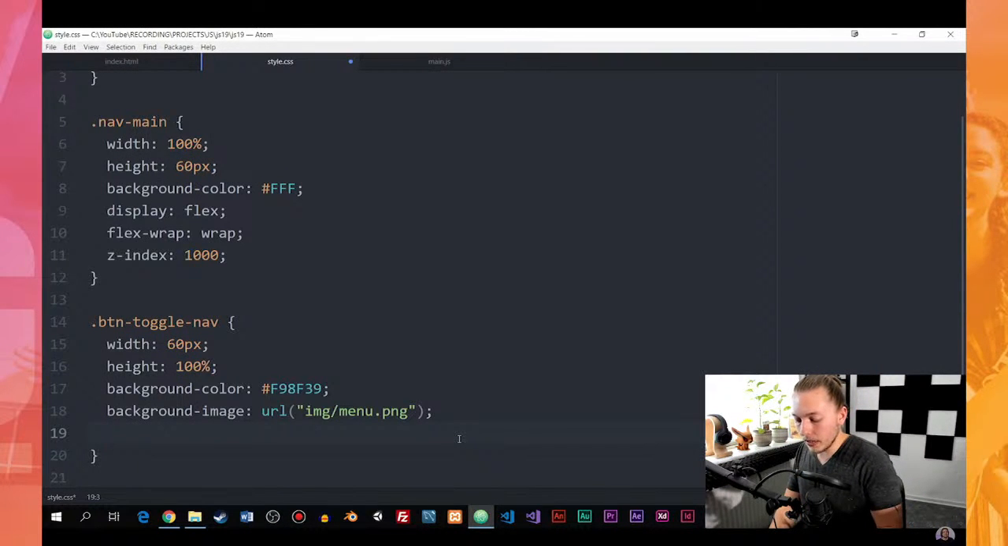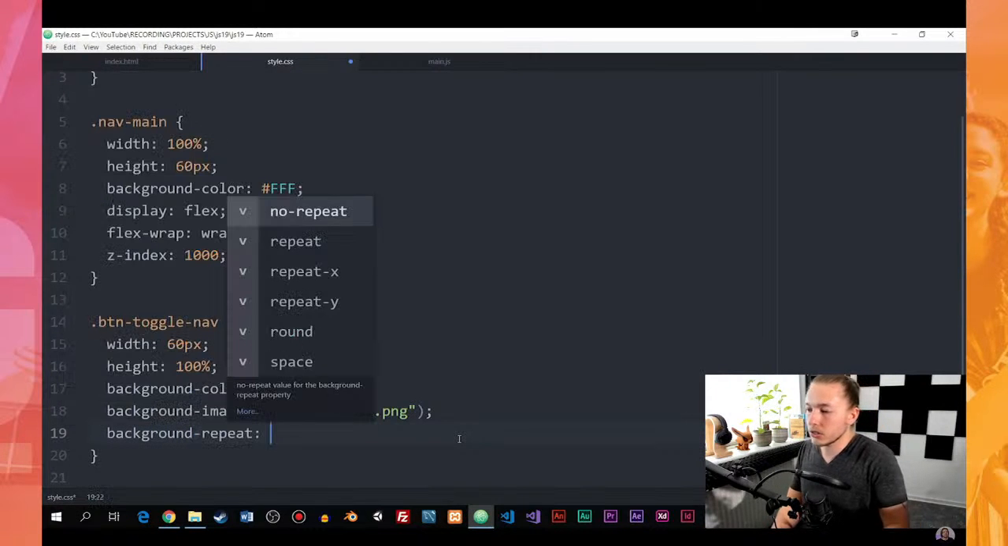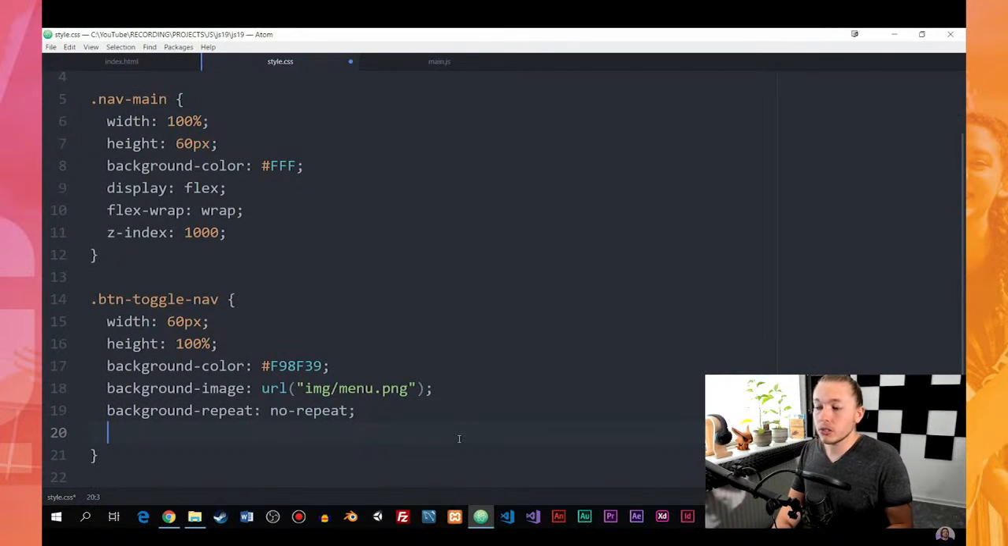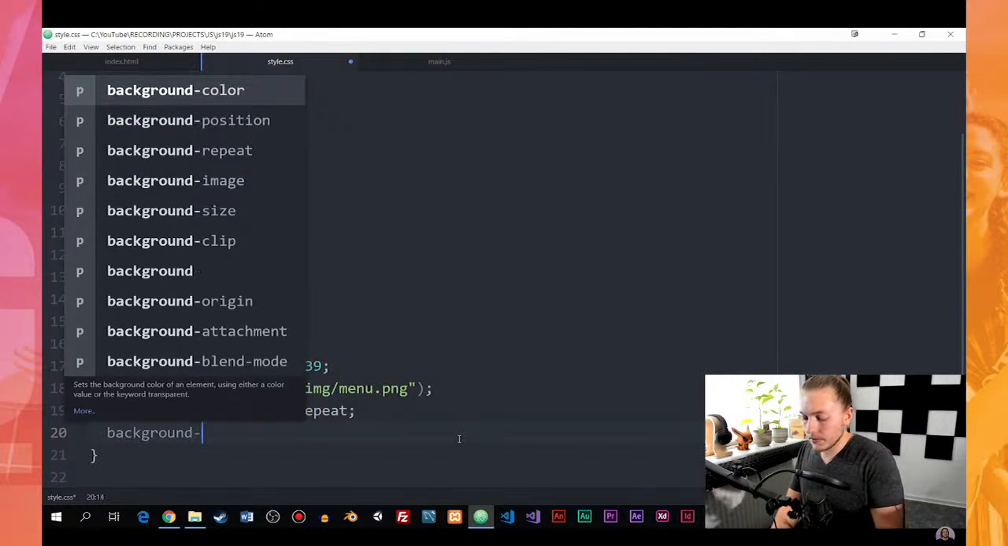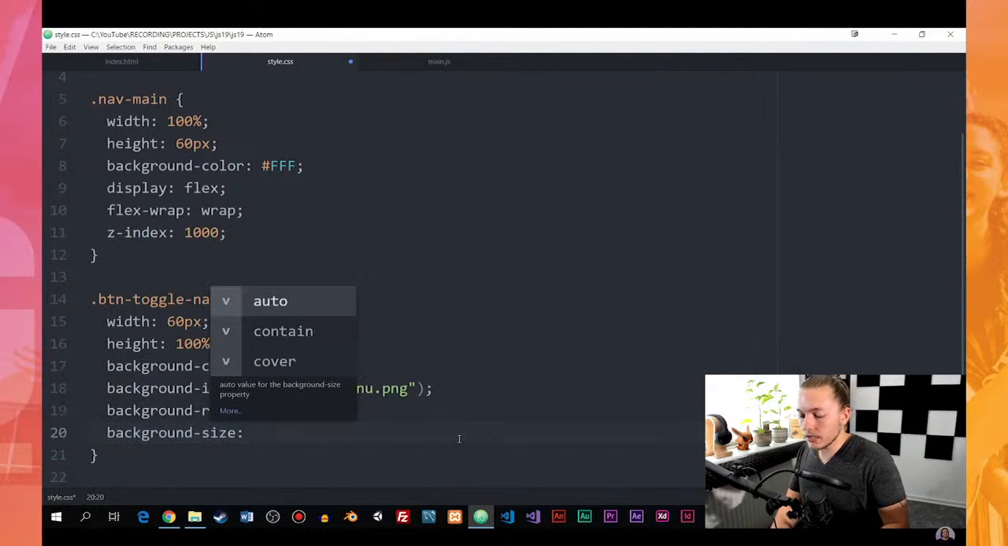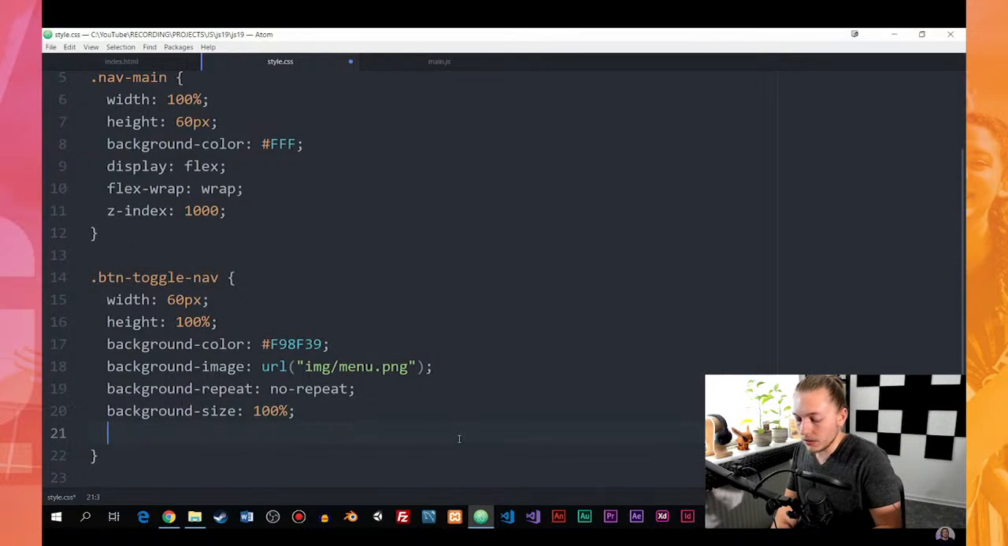So I do want to say background-repeat and set it to no-repeat. I do also want to set a background-size to 100%. Actually, no, let's not set it to 100%. Let's set it to 40, because if I were to set it to 100% just to show you, let's go ahead and do that. And we're also going to go ahead and set a background